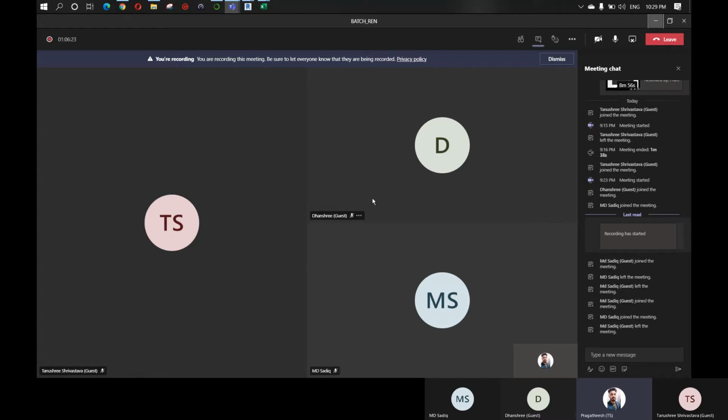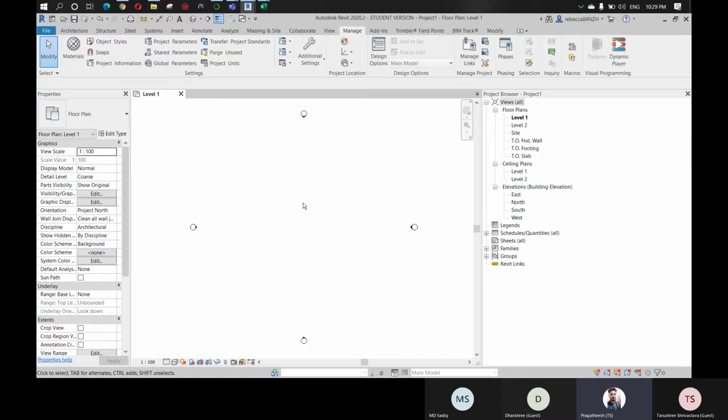For example, if you want to change text from uppercase to lowercase. Imagine this project has lots of text. Imagine we have 20 levels here, and on each level you have created some shop drawings, and everything is in lowercase, and you have to convert all that text to uppercase. So what will you do, go to each and every one of the 20 levels, select, delete and change it? No, that cannot be done, and there are no other options in Revit to do that. But with the help of Dynamo, you can change from uppercase to lowercase, or from lowercase to uppercase, with just a single program.